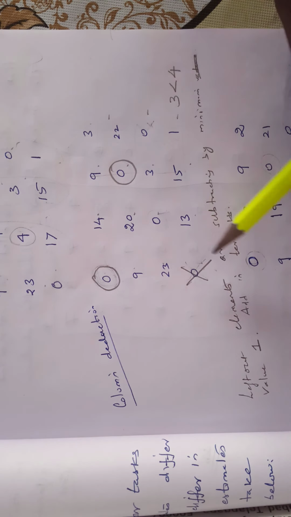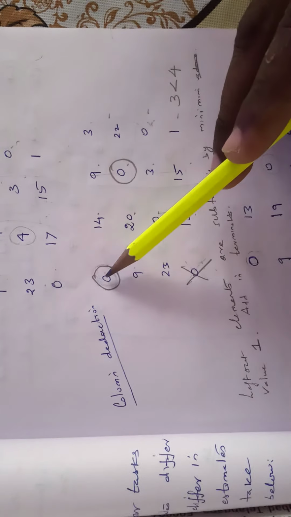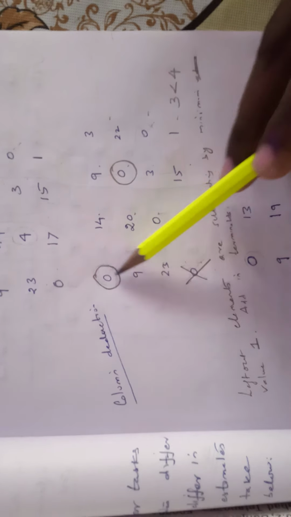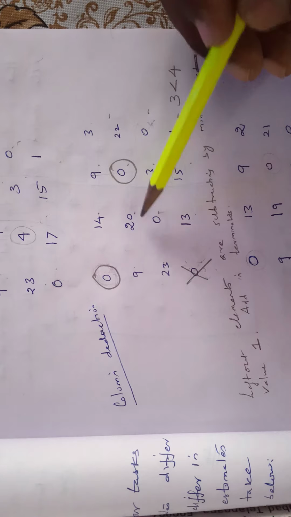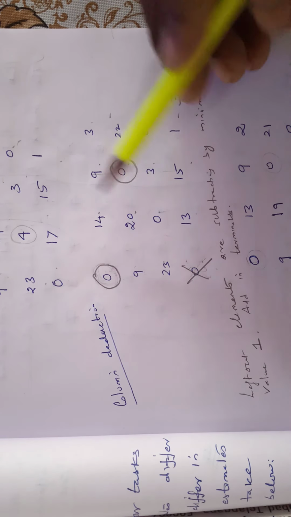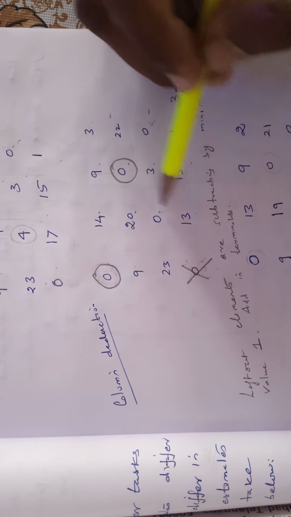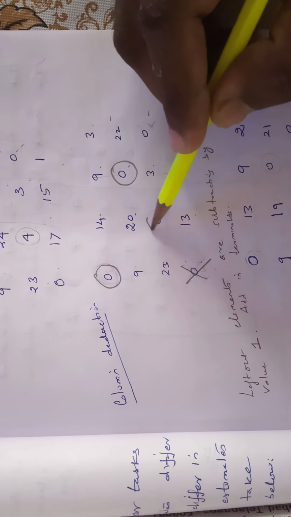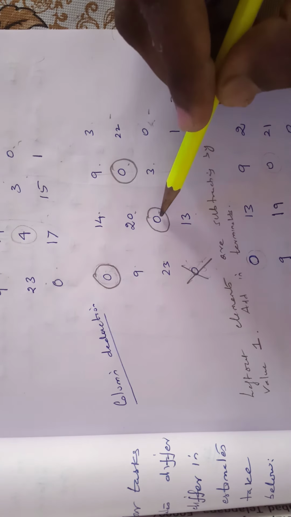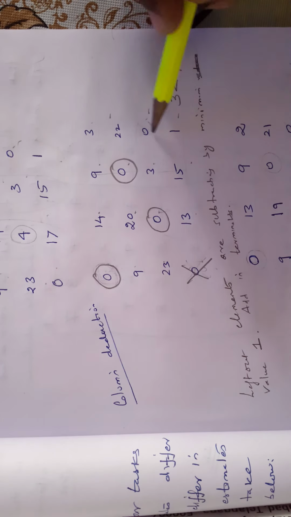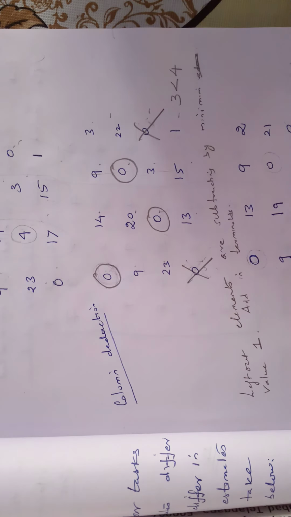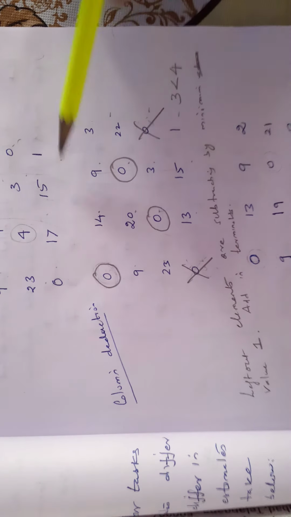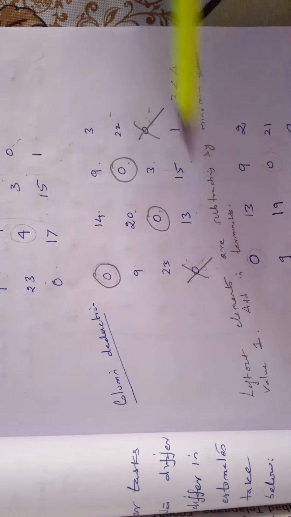Again we concentrate on the column, column-wise: encircle 0 and cross 0. So these two zeros are covered. Again we move to the second column. In the second column only one 0 is there, so we select this 0. The corresponding row has one 0, we cross out this 0. So all the zeros are covered: 3 encircled zeros and 2 crossed zeros.